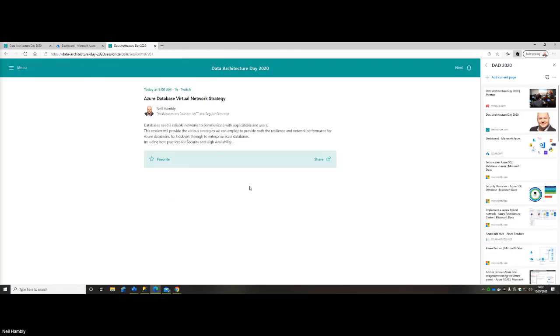Now, why is that important and why do we want to care about it in the first place? Well, if you're going to put SQL Server in Azure, one of the most common first questions I get is, well, it's going to have internet access and it's going to be unsecure, etc. And the answer to that is, well, it won't, because when we deploy it, we have a number of controls like firewalls and virtual networks and controls around who can come in and who can access those resources. But you're right, there could be a public IP address. But we can also do it completely securely, where we use only private IP addresses. So I'm going to focus on some of the functionality.